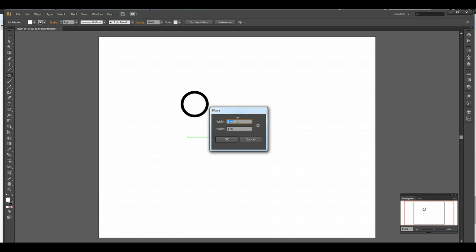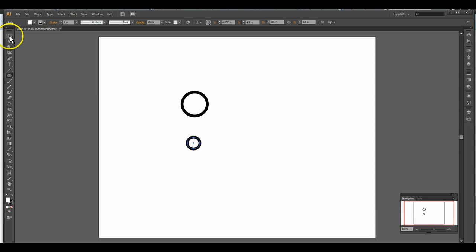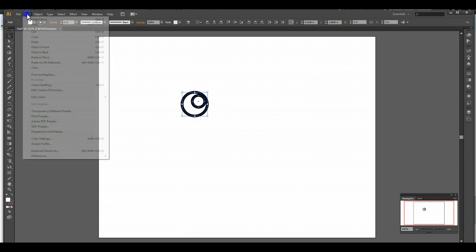We're going to add to the eye by clicking on the ellipse tool again and clicking on your document, except we're going to make half the size this time. So we're going to do 0.5 by 0.5 inches. Then we're going to take our selection tool and move it right up to the top. So kind of about right there somewhere. And then with your selection tool, draw a square around it, selecting both objects,